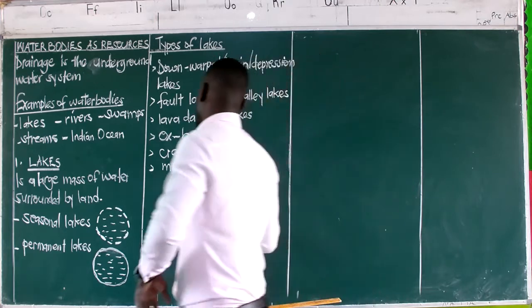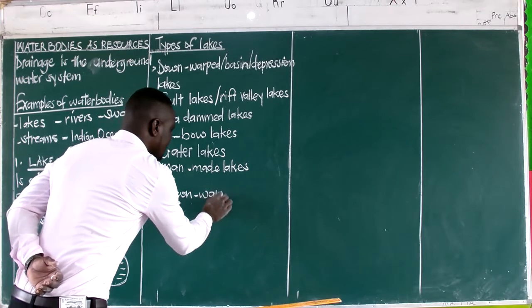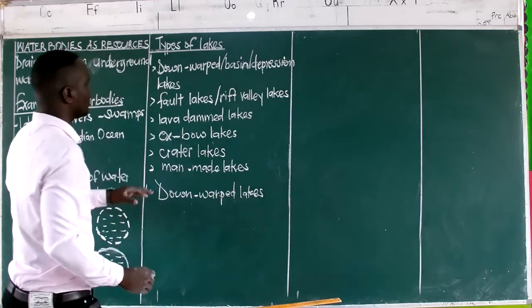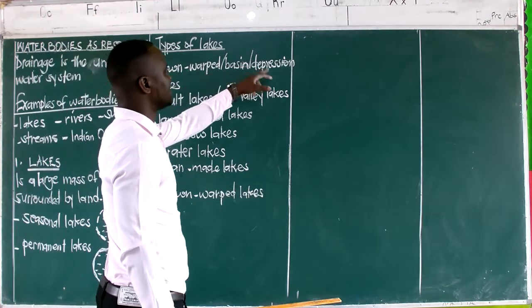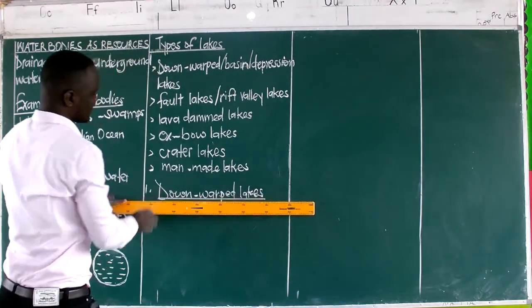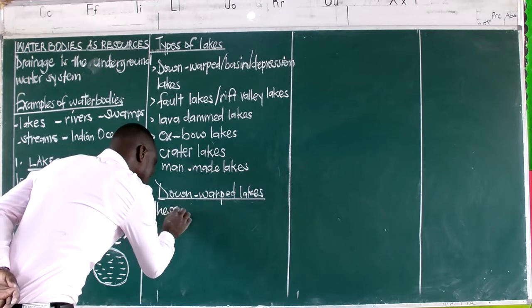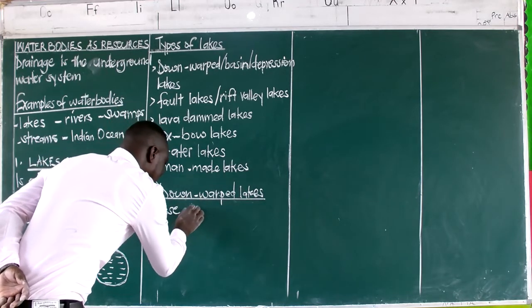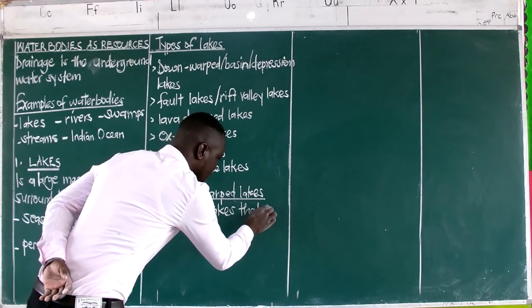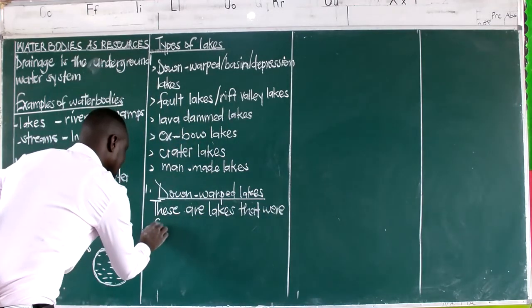One, we have talked about downwarped lakes. We gave these also other names. We can call them downwarped, we can call them basin lakes, we shall call them depression lakes. So we need to understand, like I said, we look at the formation. Downwarped lakes are lakes that were formed